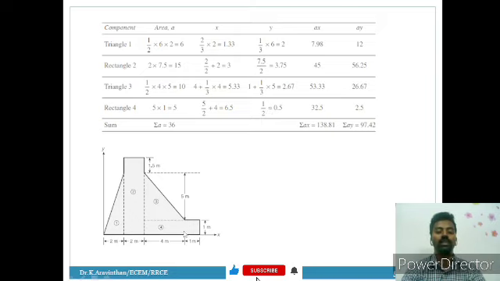And finally you have this rectangle. For this rectangle you have to find 1 by 2. If the total height is 1, that is 1 by 2. Hence you will have the y-axis. Similarly, identify Ax and Ay. Finally you will get the sum of Ax by A as the answer. You are getting 3.85 and 2.706 as the x and y coordinates.